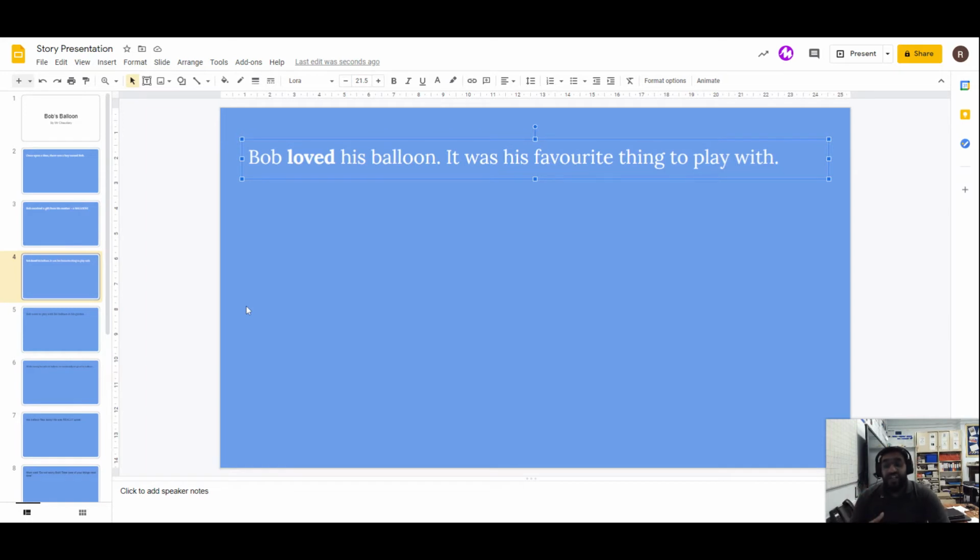You're going to read through it. You may have made mistakes. Some people mentioned themselves in their story. So they started off talking about Bob, and Bob received a present on my birthday, which seems a little bit odd. I should be getting a present on my birthday, not Bob. So let's read through it, check if there are any spelling mistakes, check if there are any grammar mistakes, make sure we have full stops in the right places. If we want to add any extra emphasis, we can do.